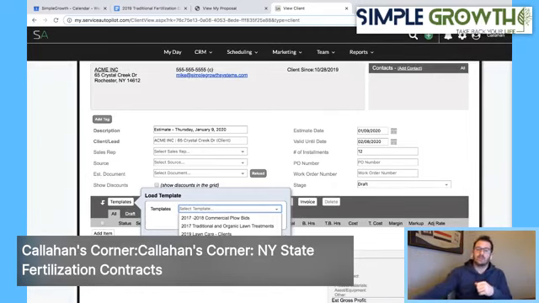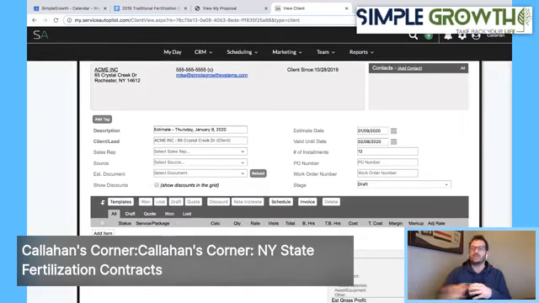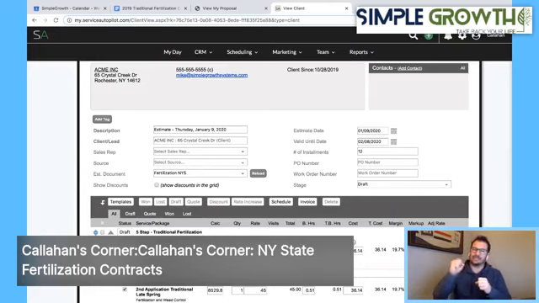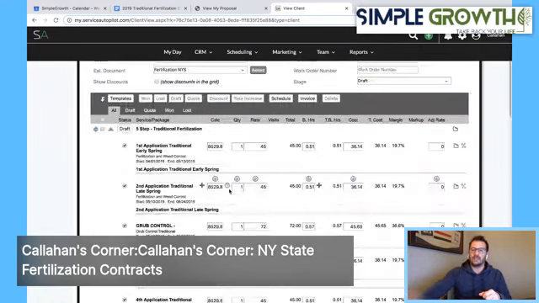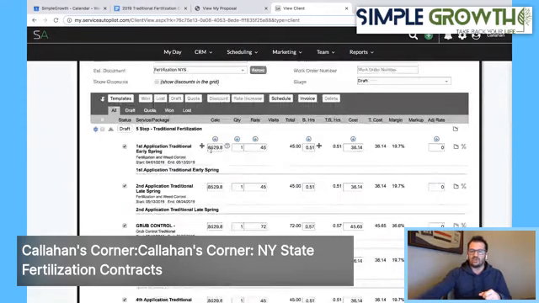Now, next thing is we're going in and hitting templates here, and we're selecting renewal template. We've already built this template, and the template has been linked to the estimate document or the contract document, either one, whatever you call it, the one we just built, so it loads in automatically. That estimate document's that New York State fertilization document. Now, once we have that, based on the 8,500 square feet, it's calculated a price, a budgeted time, and cost,